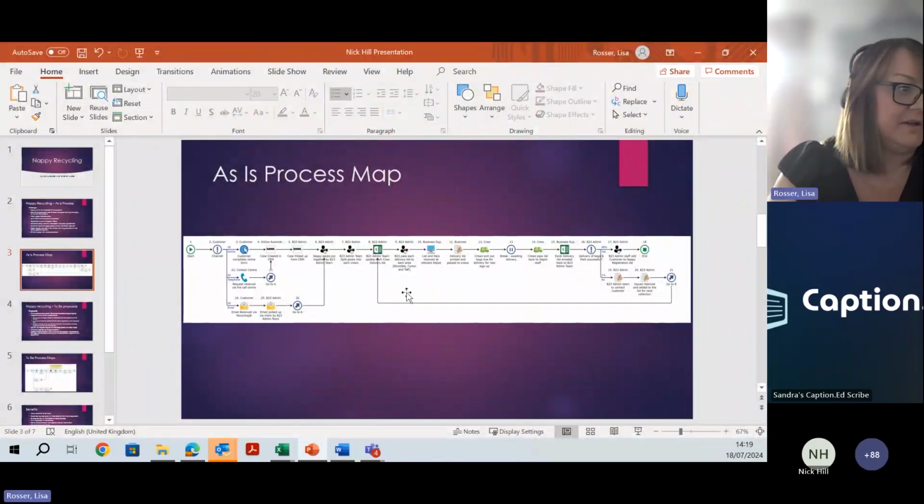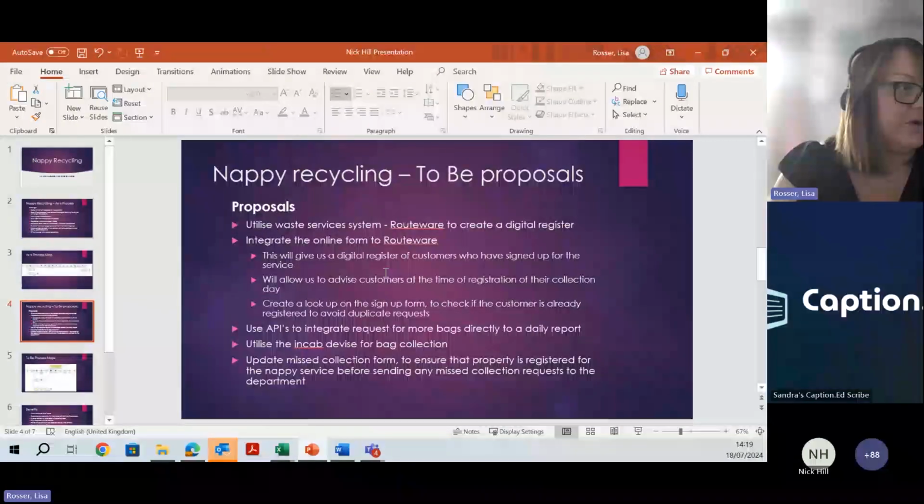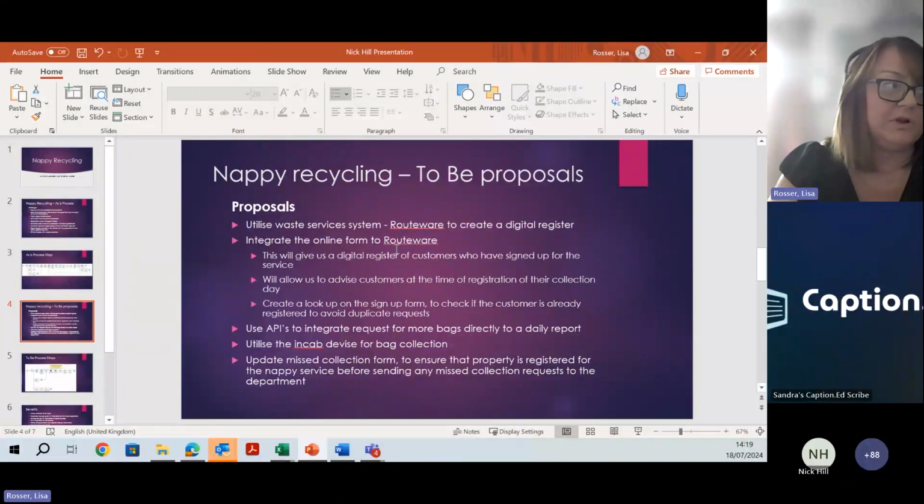So you can see there the amount of steps within our as-is process map, and then our proposals were to utilise our Routeware system to make that a more digital register. Integrate our online forms. We looked at what APIs were available with Routeware for us to push the information directly into that system. We use APIs to integrate requests for bags, so that again goes directly into our system,